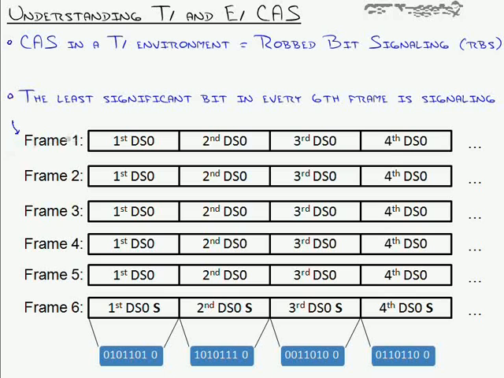That is a T1 frame, which has a bunch of these smaller frames in each one. Now remember, think back, time division multiplexing, or TDM, allows you to send multiple conversations on a single circuit by just assigning them each time slots. Well, here's our time slots. Here's our first time slot.